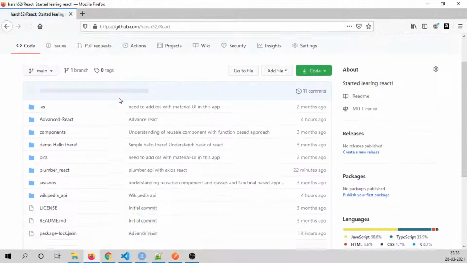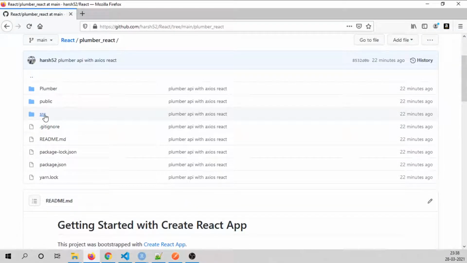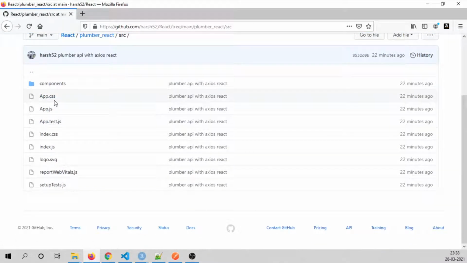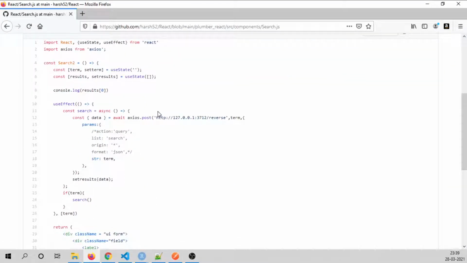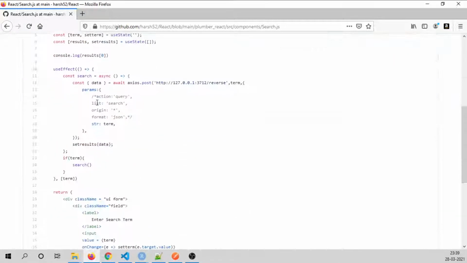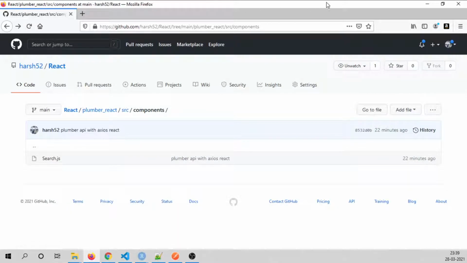Inside the source folder we have all the files, like inside the components we have search.js that I already showed you, which is currently deployed at the localhost with some port and the parameters. Every code is the same. All you have to do is systematically look through the code and try it on your PC as well.